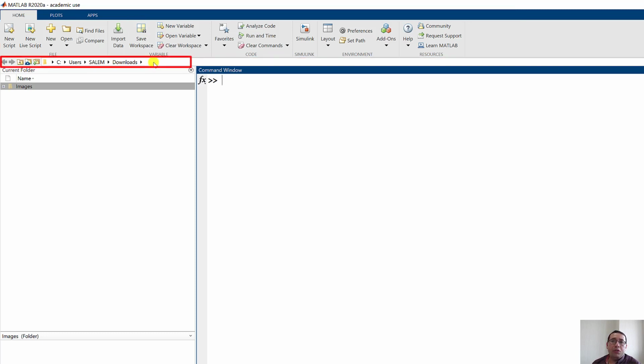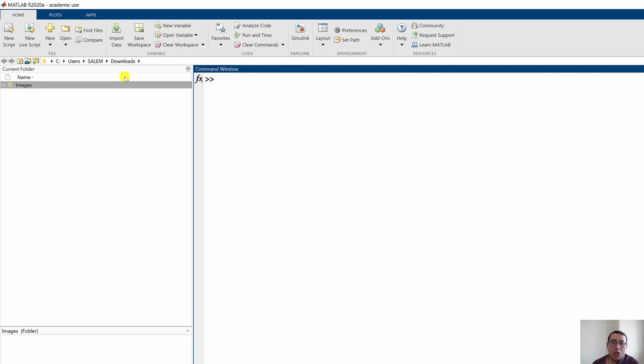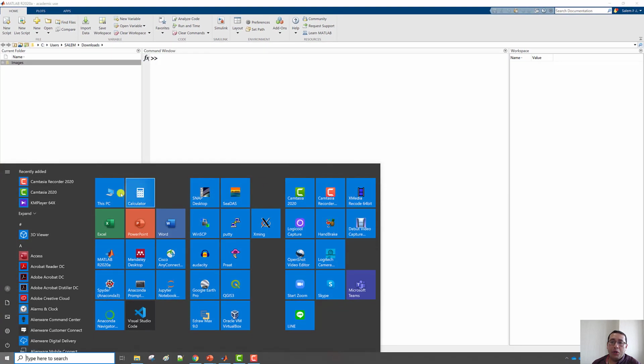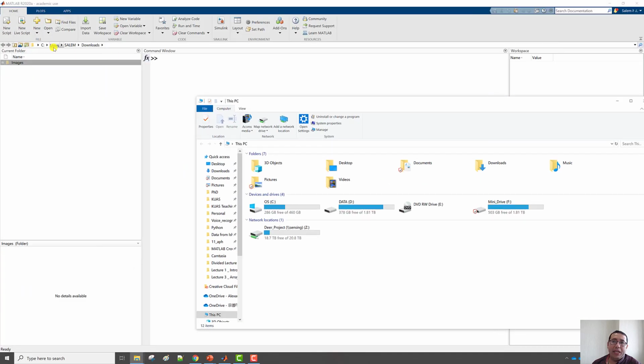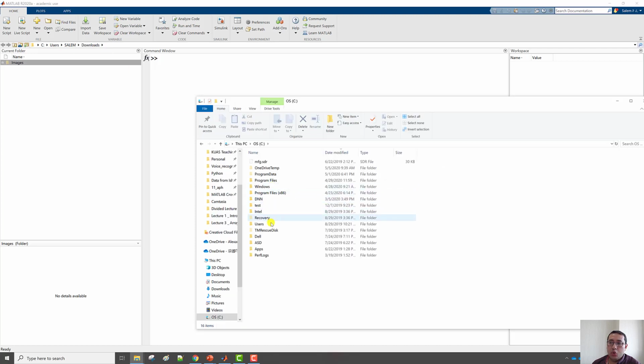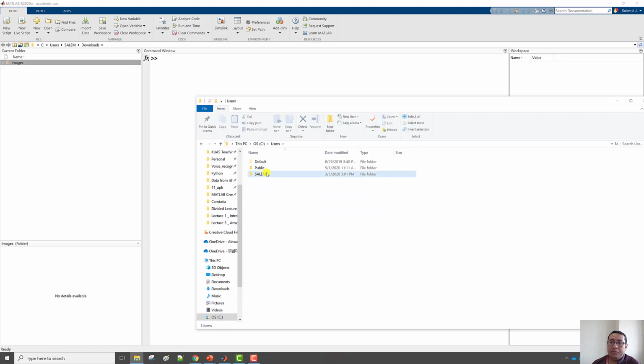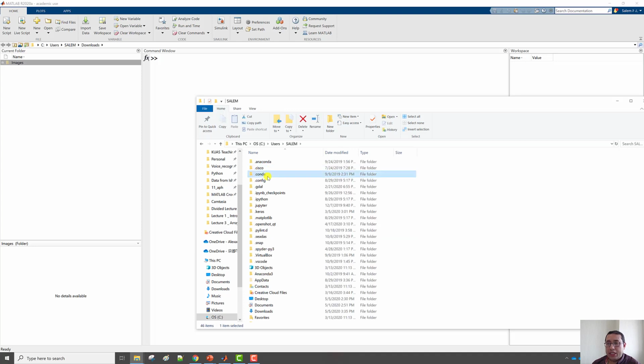And here is the current folder path. For example, in this case, this is C, users, Salim, download. So if I open my computer, let's make it small, and go to the same place, C, users, Salim, and just click download,